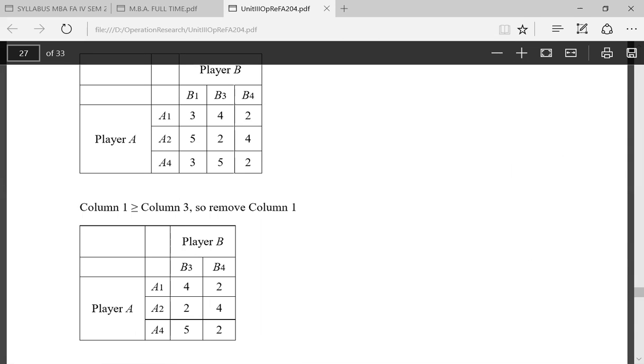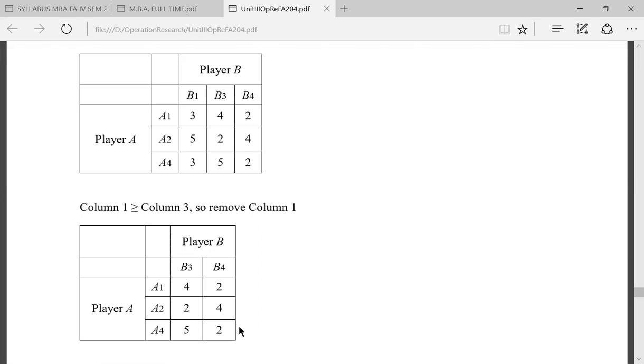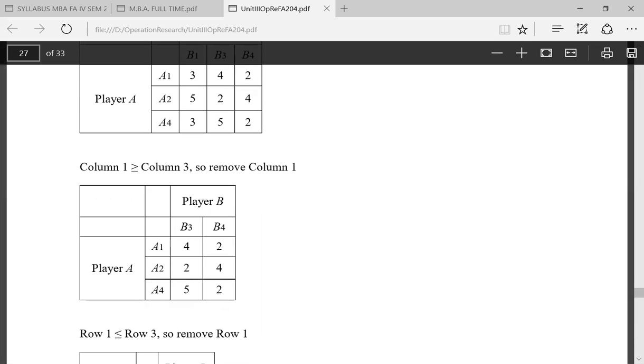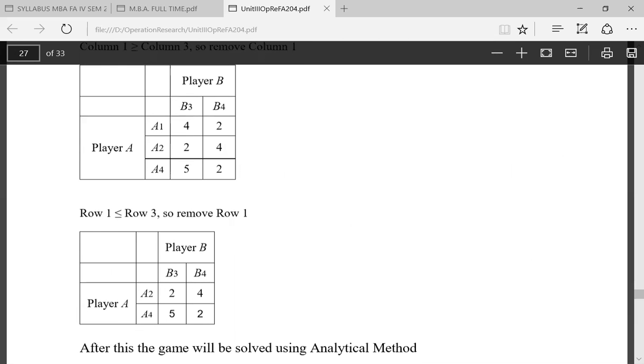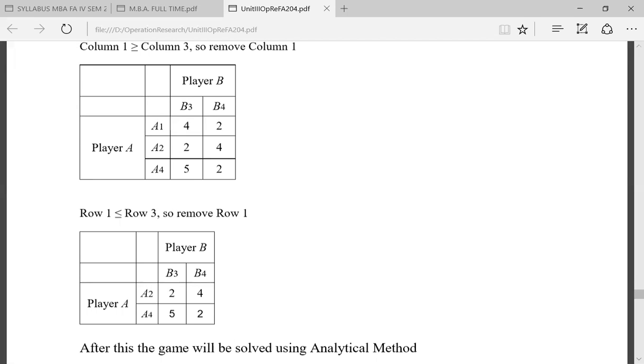अब रोज का कंपैरिजन फिर से कर सकते हैं हम। इसके बाद हमने देखा कि we compare first row and fourth row. 4 is less than 5 and 2 and 2 are equal, therefore A1 can be eliminated from the matrix। So this is the game we have obtained. Through the dominance rule, we have reduced the size of the game to 2 by 2. And to solve 2 by 2 game, we use analytical method that I will be covering in the next class।